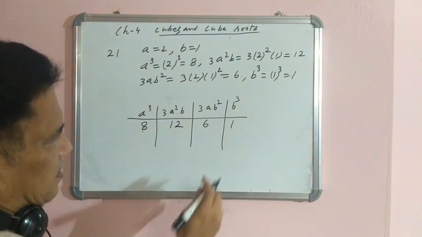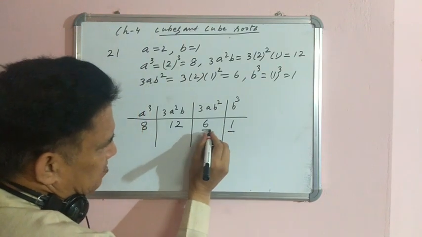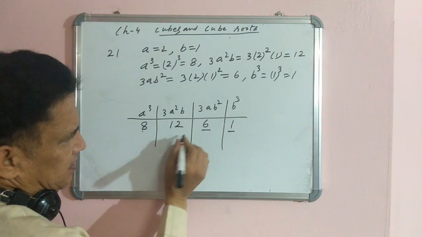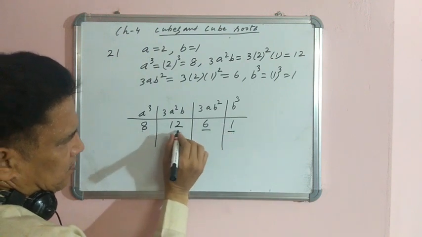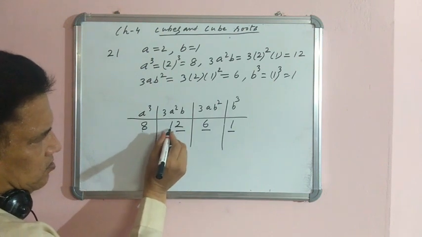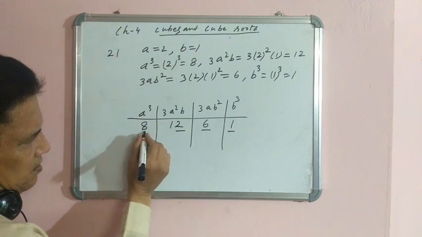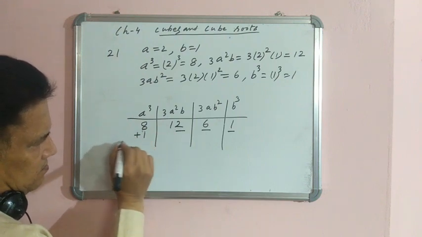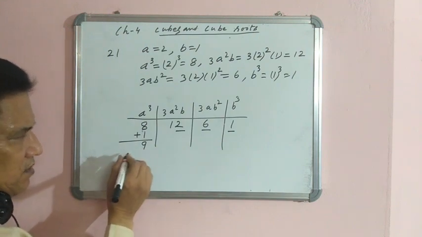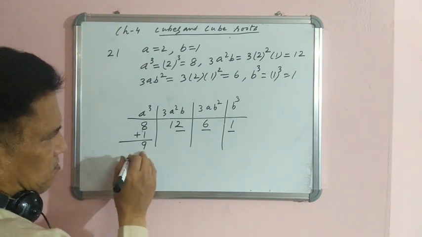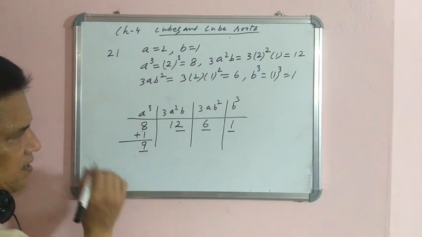Now we will write here, underline 1, 6, only one digit we will underline. Then here 1, 2 is there, but we will underline only 2, and whatever digits are left, we will take here. So 1 will come here, we add this 1, we are getting 9. So if there are 2 digits, we will underline both the digits. If there is only one digit, we will underline 1 digit. So here it is 1 digit only, we have underlined it.